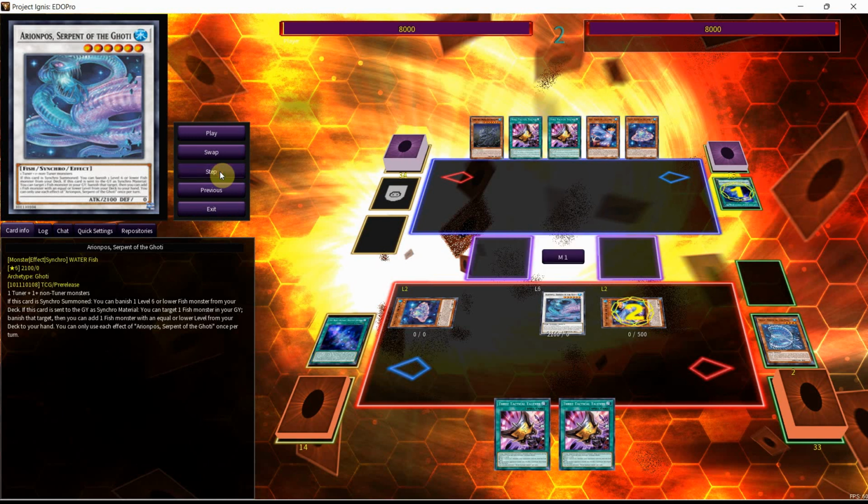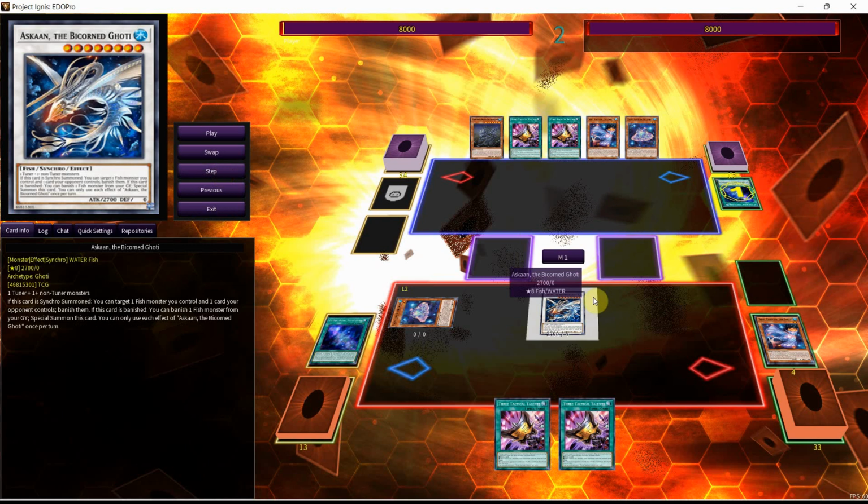Now we can use the Shift to synchro summon. Doesn't really matter the order, as I'm going to synchro summon into Askin, which takes one tuner plus one non-tuner monsters. If this card is synchro summoned, you can target one fish monster you control and one card your opponent controls, banish them. If this card is banished, you can banish one fish monster from your graveyard, special summon this card. You can only use each effect of Askin once per turn,